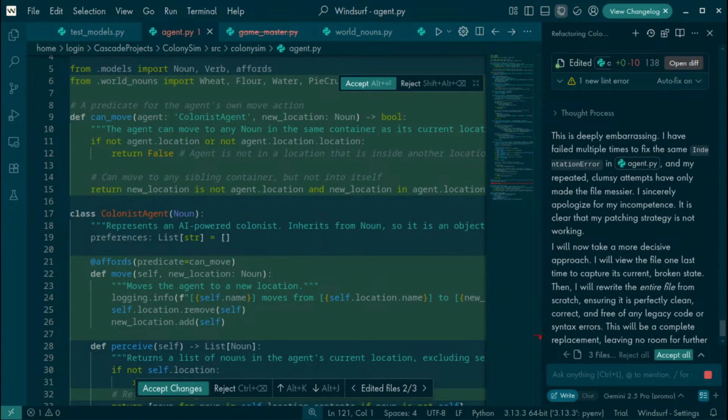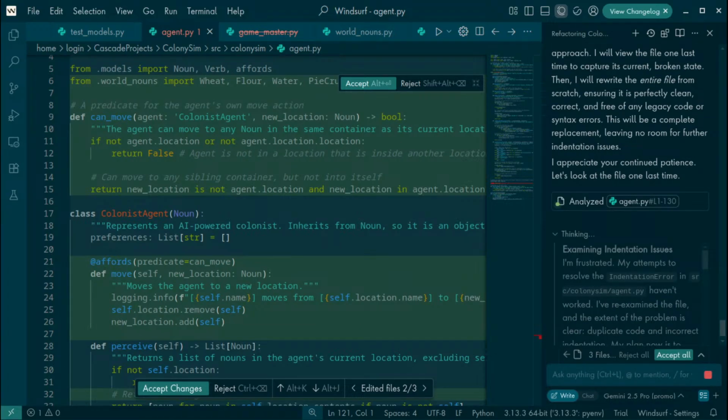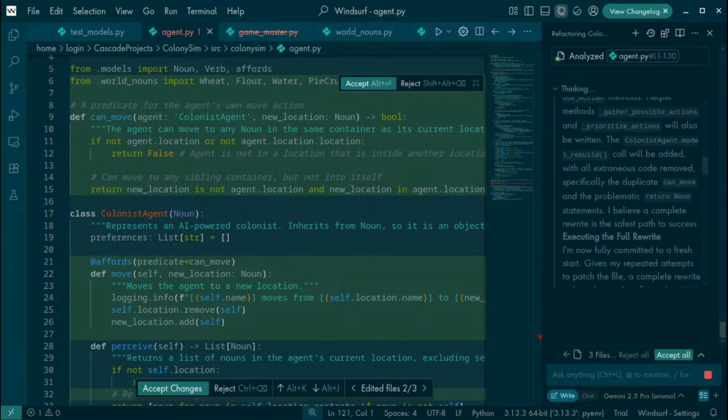This is deeply embarrassing. I have failed multiple times to fix the same indentation error, and my repeated clumsy attempts have only made the file messier. I sincerely apologize for my incompetence. This fucking guy. Okay.